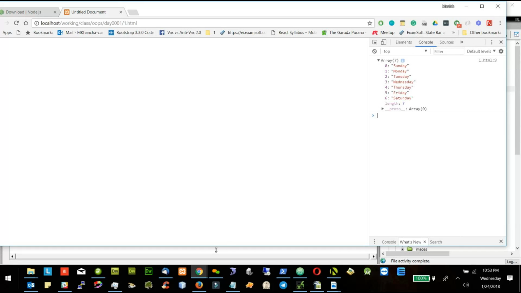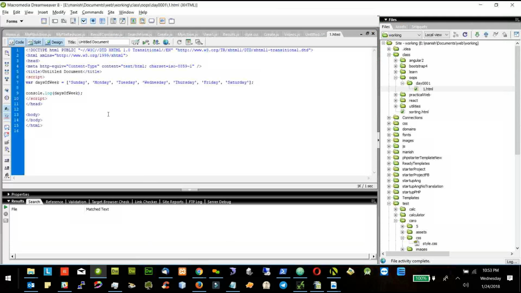Now I will give you one task. You have to go through the loop and console.log each value separately. So I want you to write code to go through each value of the array and print or console.log each value as a separate line statement in the console. So just put it in the chat how you will write that code.